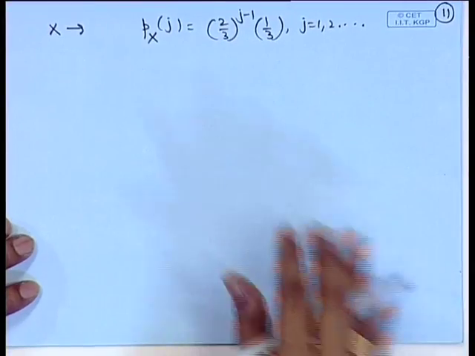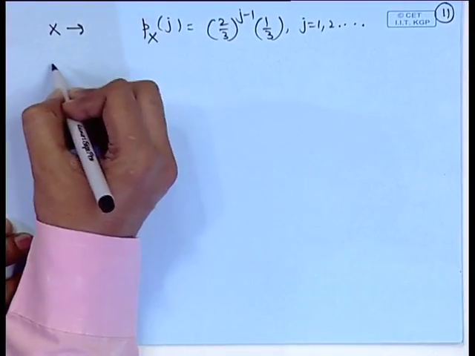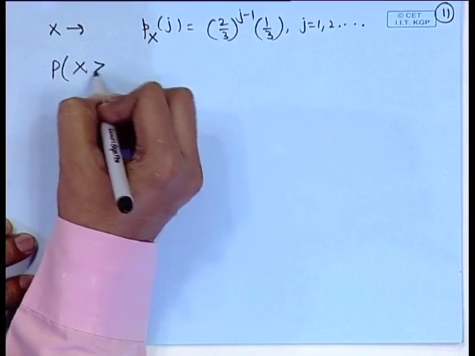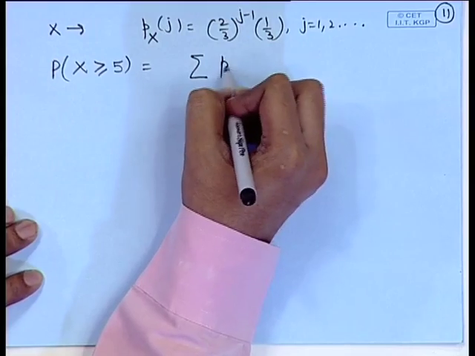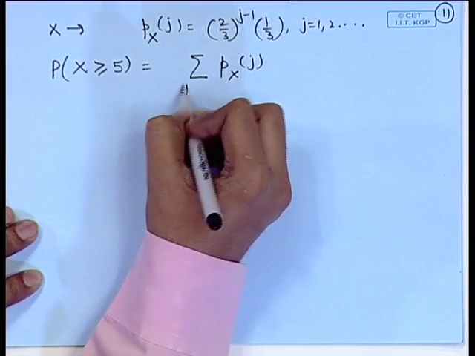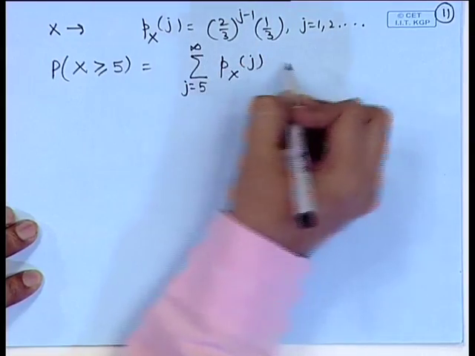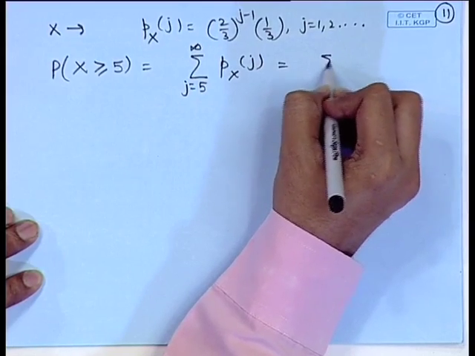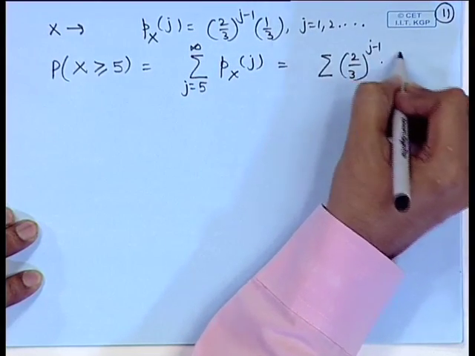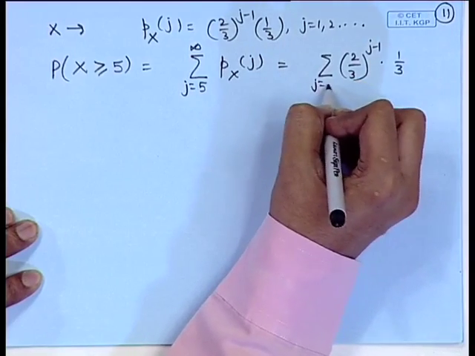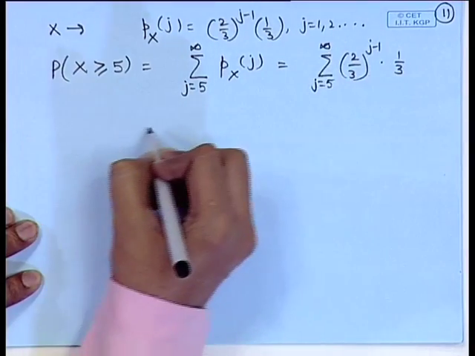and so on. So, what is required here is the probability X greater than or equal to 5. That means, the sum of P(X = j), j equal to 5 to infinity, which is equal to the sum of (2/3)^(j-1) into 1/3, j equal to 5 to infinity. So, this is equal to,